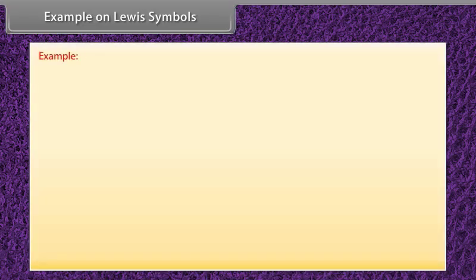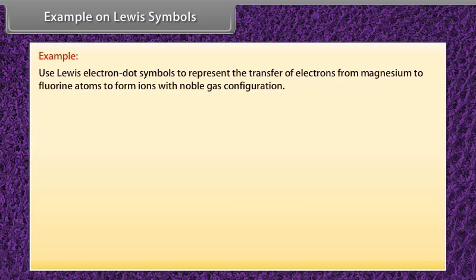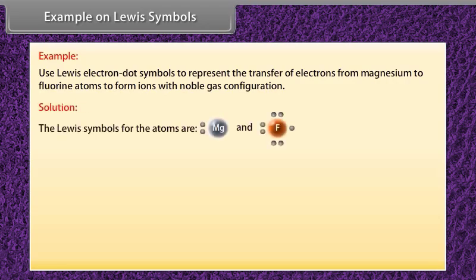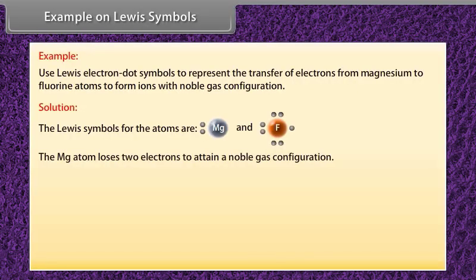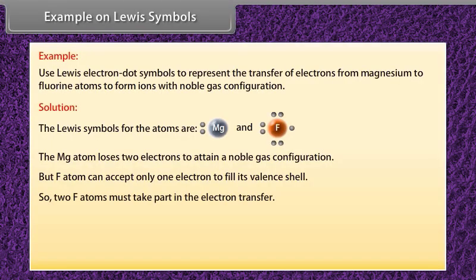Example on Lewis symbols. Let's take an example on Lewis symbols. Use Lewis electron dot symbols to represent the transfer of electrons from magnesium to fluorine atoms to form ions with noble gas configuration. Let's see the solution. The Mg atom loses 2 electrons to attain a noble gas configuration, but F atom can accept only 1 electron to fill its valency shell, so 2 F atoms must take part in electron transfer. We can represent this electron transfer as